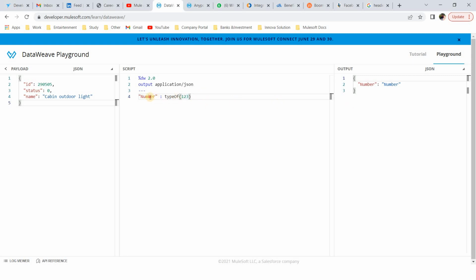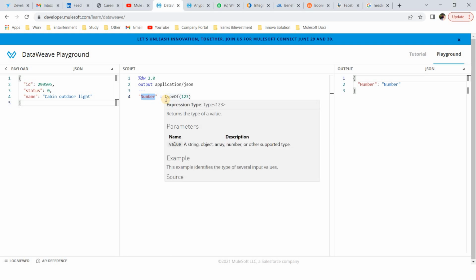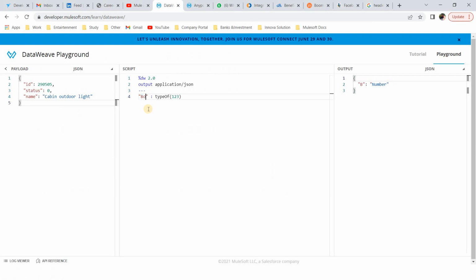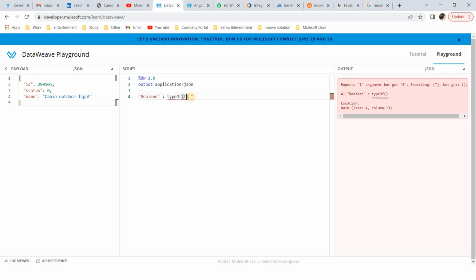Okay, next, moving on from the string and number, what is that? Boolean. So for boolean you can write true or false, whatever. So this is the type of boolean. You can write true or false. So this is the boolean object.